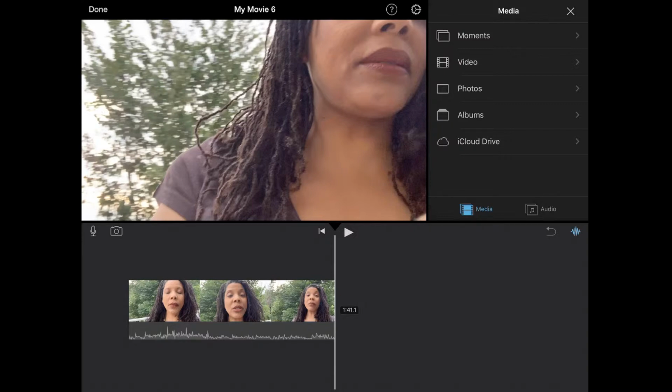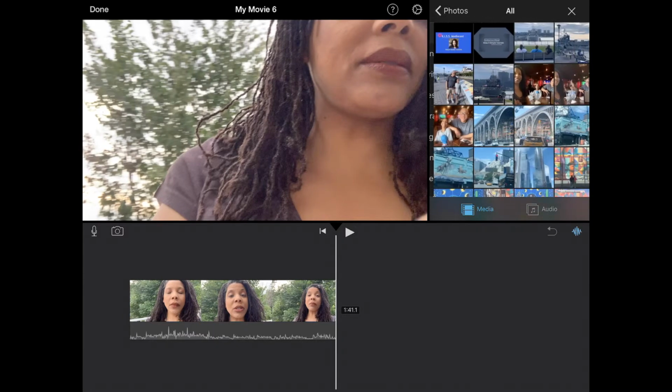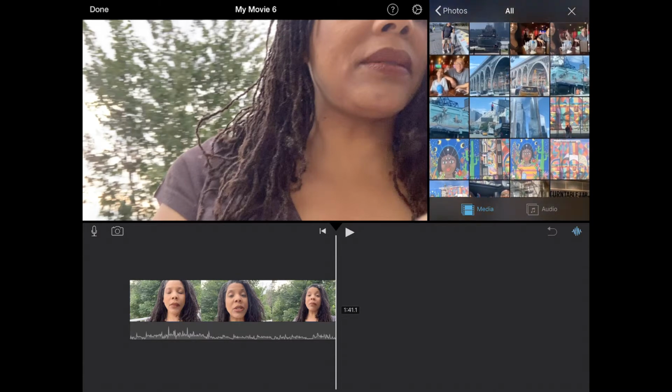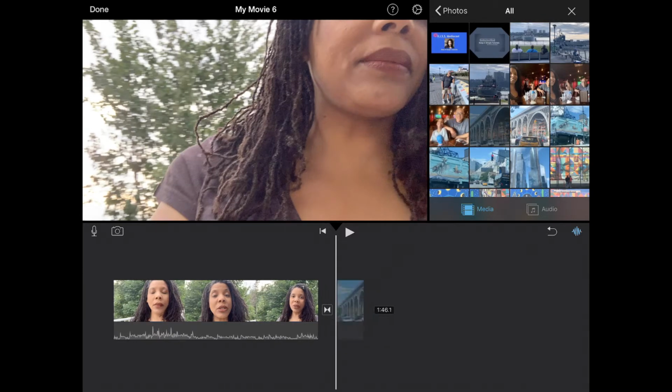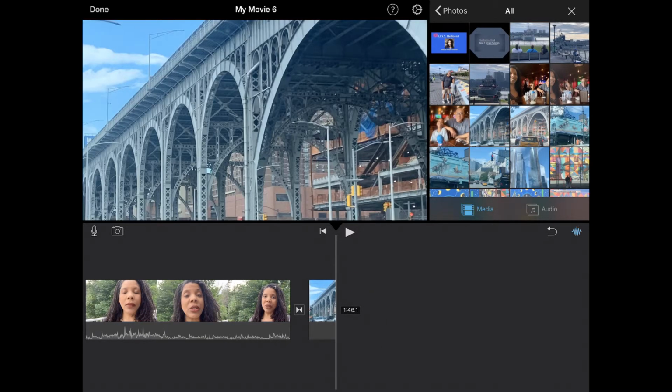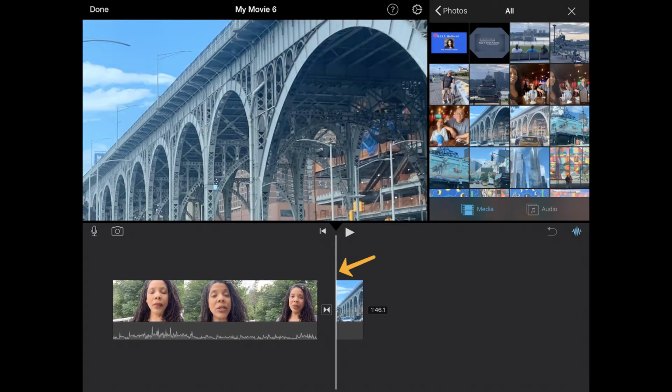So if you want to add more photos, now what you do is select Photos, and then select All, and then you're going to pick one of the photos at a time. You cannot put in multiple photos unless you do it at the beginning of the project. I'm just going to select a bridge, and I'm going to select the plus button, and it goes down in the timeline. If you look, the time indicator, or that white line that you see, it put the media right